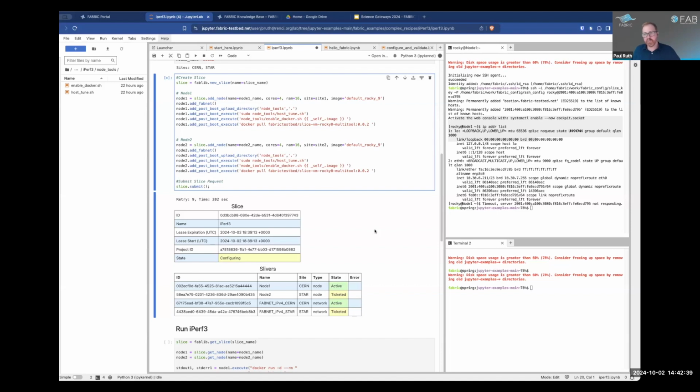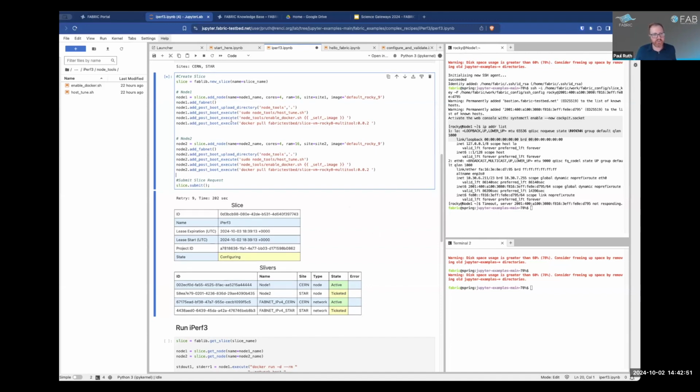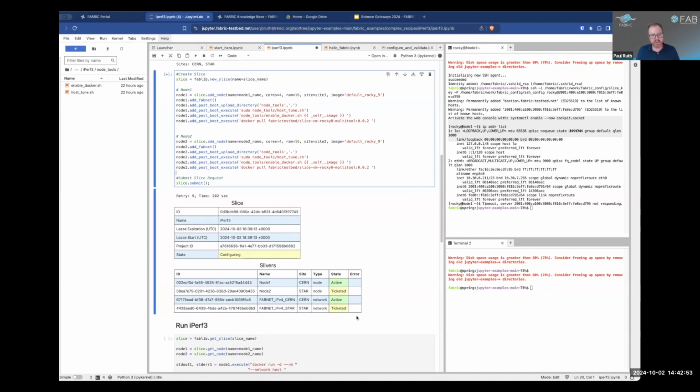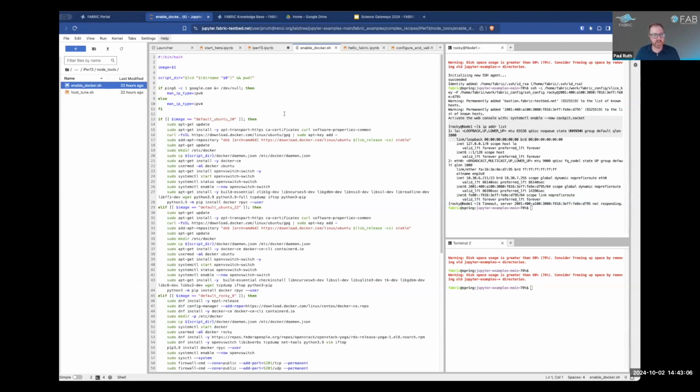CERN is actually sometimes completely full because the people that do high energy physics, they do things at scale. They use the whole machine usually. All right. And what we should see here after this has been submitted and things got created, there should be a post-boot config step that will actually take a significant amount of time, like 100 seconds or so, because if we look at this enable Docker script here, which we can look at and edit, basically if we go down